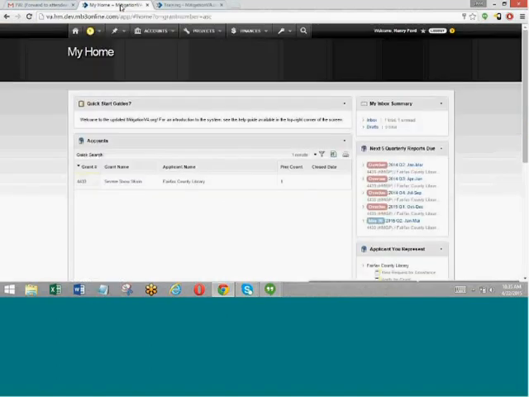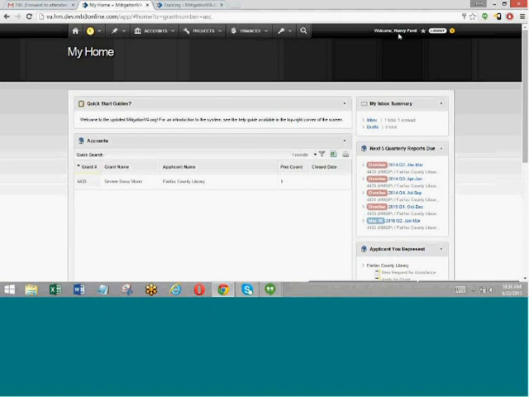Okay, the screen that you're seeing right now is what you'll see when you log into the mitigationva.org system. When you log in, you'll see your homepage. You'll see some information on your homepage, but at the very top, you'll see what we refer to as the main navigation bar. And you'll notice that I'll be using that to navigate through the system today, and I'll explain some information there as well.